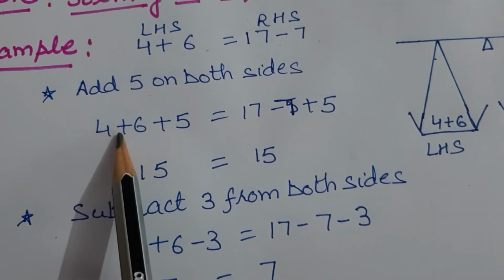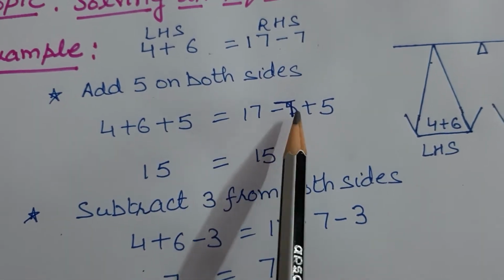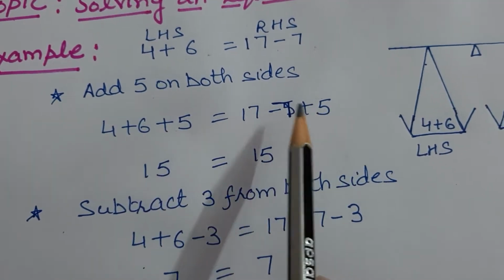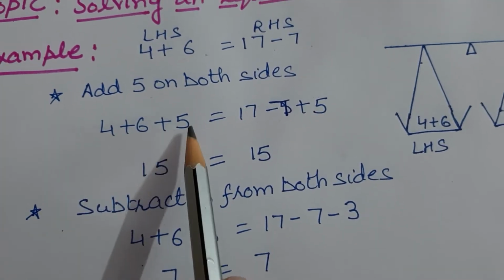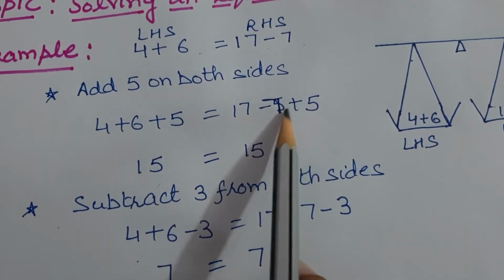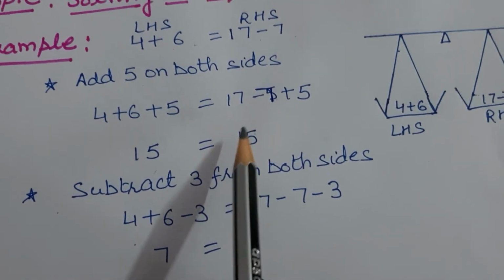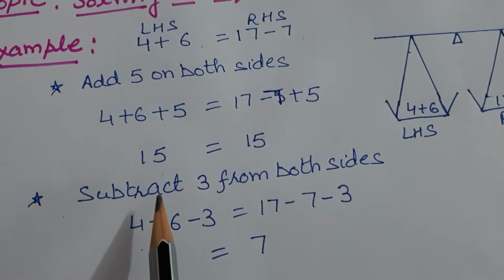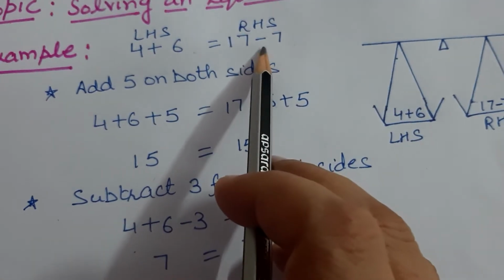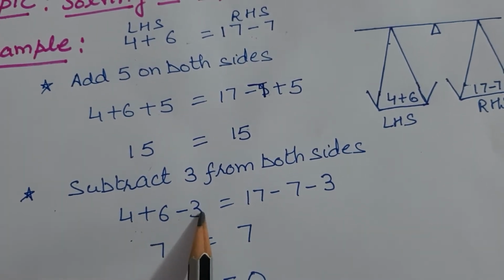Let's see. 4 plus 6 plus 5, and here 17 minus 7 plus 5. So I have added 5 on both the sides. The result is 15, and here 17 minus 7 is 10, 10 plus 5 is 15. Okay, next, if I subtract 3 from both the sides of this relation, 4 plus 6 minus 3